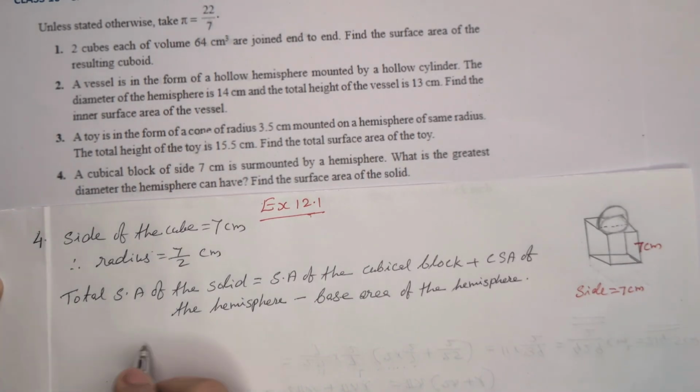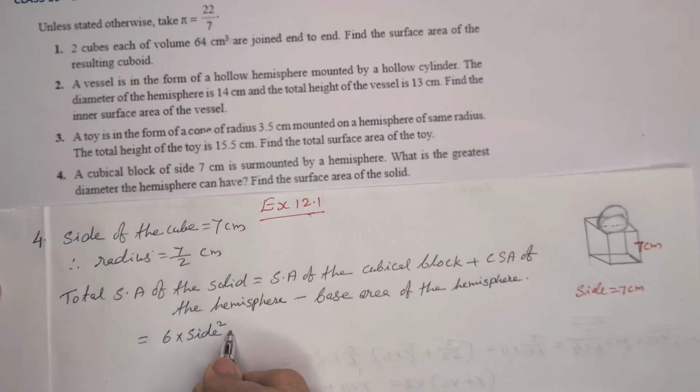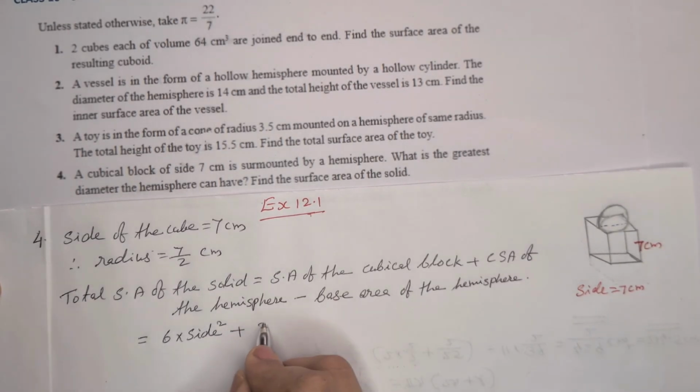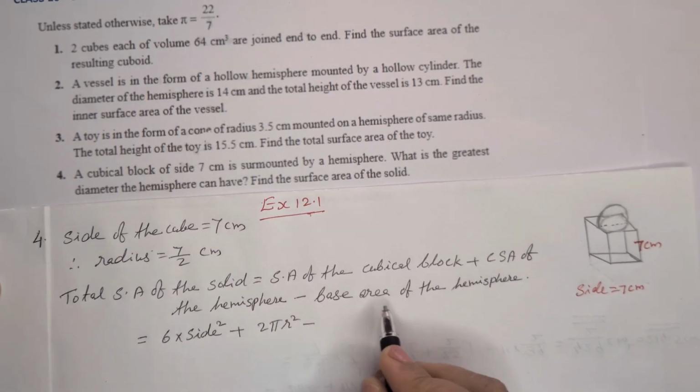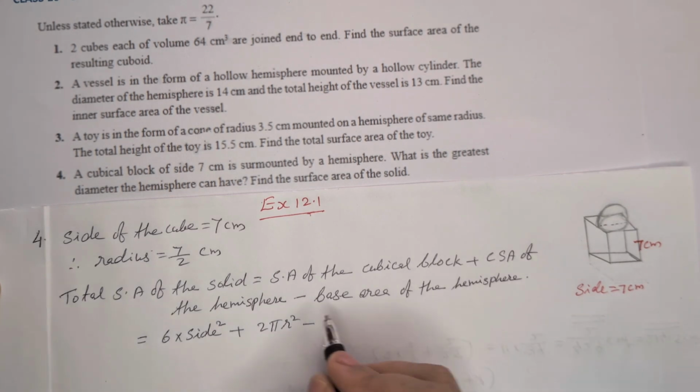Surface area of the cubical block, we know, is 6 into side square, plus curved surface area of the hemisphere, that is 2 pi r square. Then minus base area of the hemisphere. Base area of the hemisphere means circle, so pi r square,